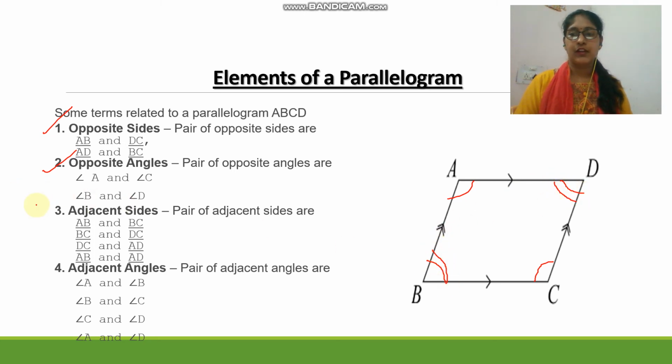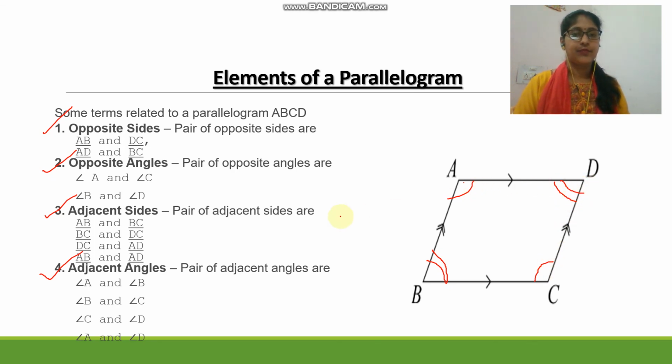Our third element of a parallelogram is adjacent sides. AB and BC are our first pair of adjacent sides. BC and CD are the second pair of adjacent sides. CD and AD are the third pair of adjacent sides, and AD and AB are the fourth pair of adjacent sides. And our last element is adjacent angles. A and B are our first pair of adjacent angles, B and C our second pair, C and D are the third pair of adjacent angles, and the last pair of adjacent angles is